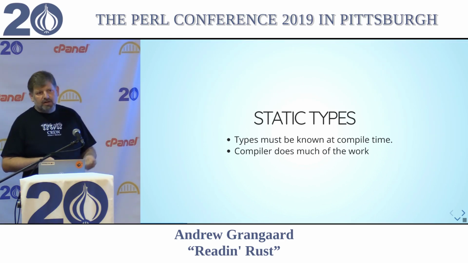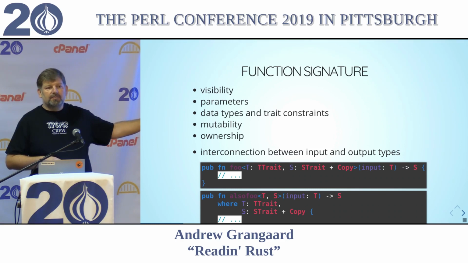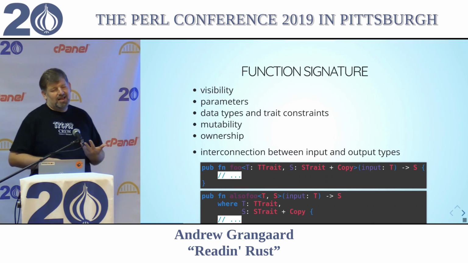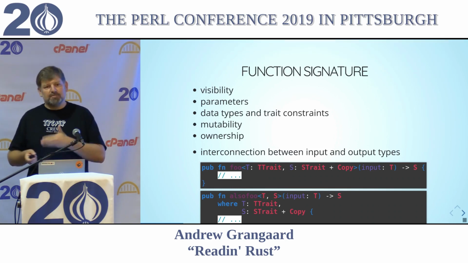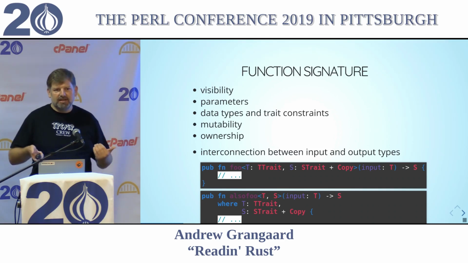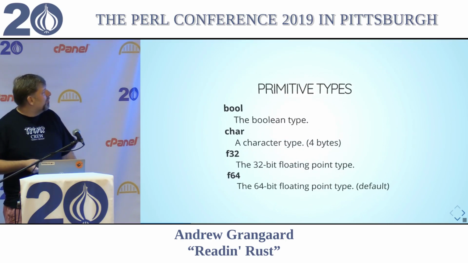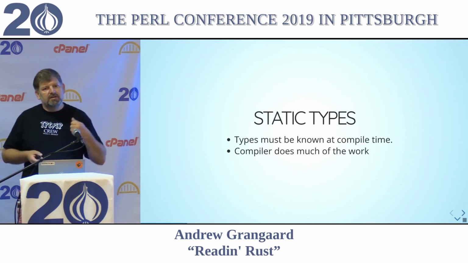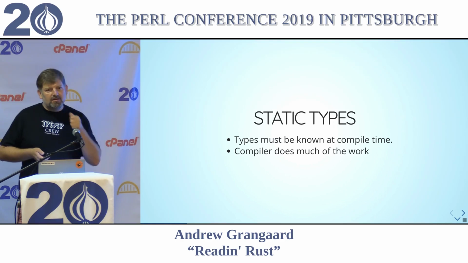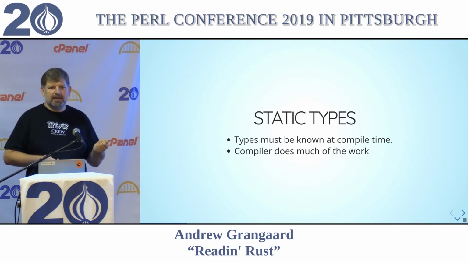Thankfully, the compiler does a lot of the work. So as you saw on the function signature, you do have to explicitly show all your types. You could make a type system that could infer some of those. That's what Haskell does. They found that even in Haskell, it's best practice to declare all your types. So they decided they would, and that gives them a little more flexibility in other parts of the type system. So education is pretty cool. And what I mean by the compiler does much of the work is that you can declare your variables, and as long as it can figure out what that variable needs to be for the types to be correct, it will assign it that type.